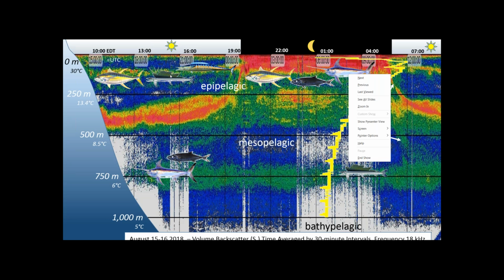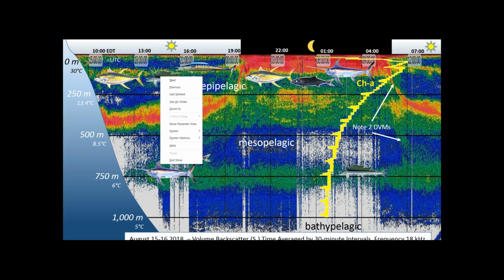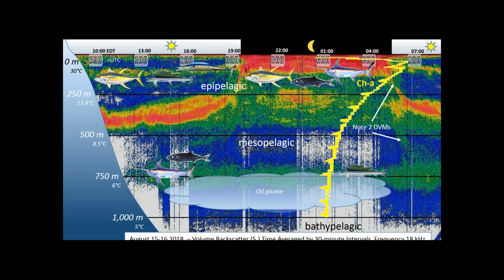But then, interestingly, you have an animal like the long-nosed lancetfish that actually does a reverse migration, so it's down deep during the nighttime and up at the surface during the day. And the reason we know that, and of course this interacts with the oil plumes as well,